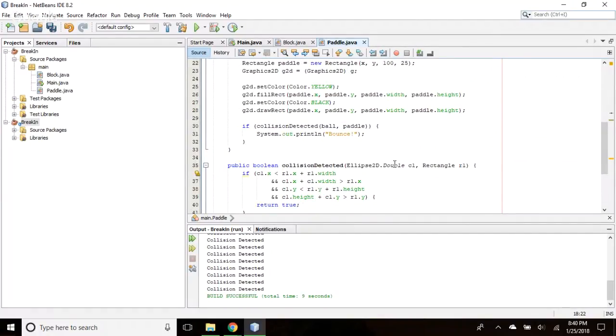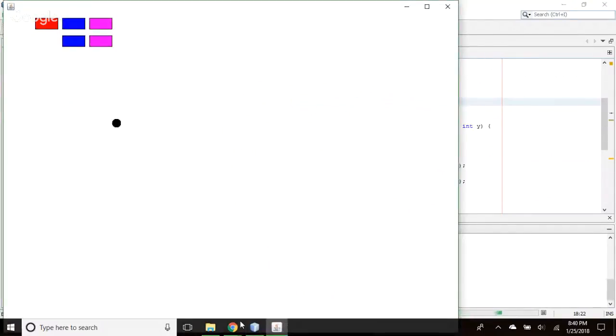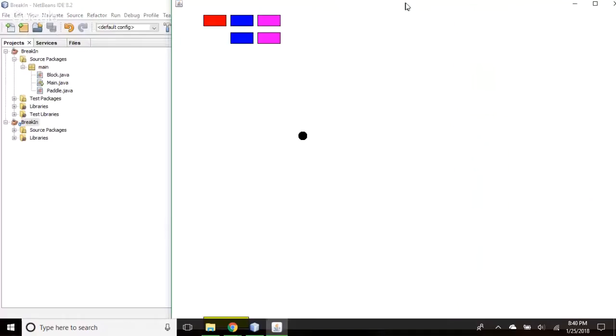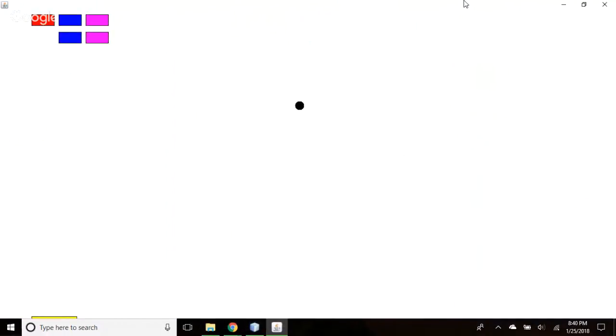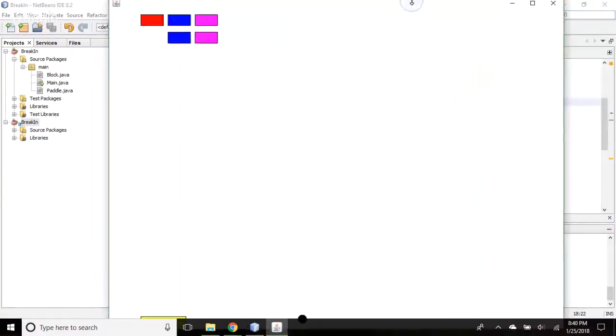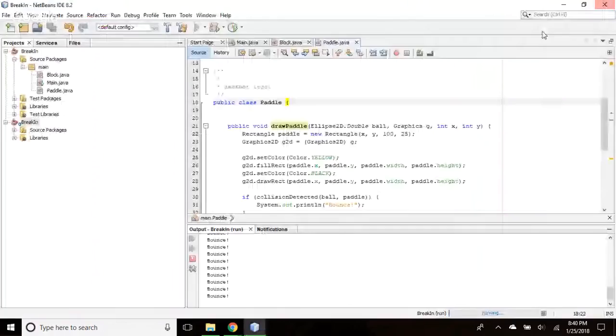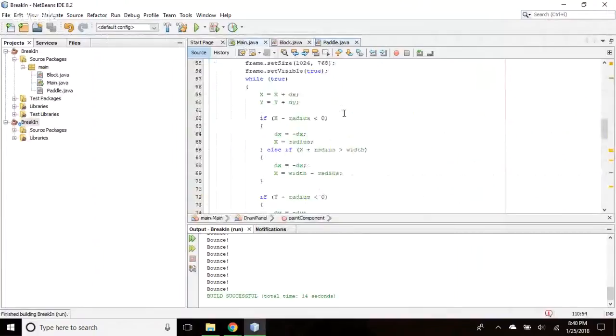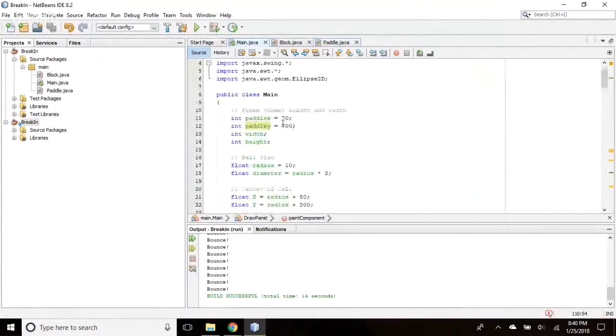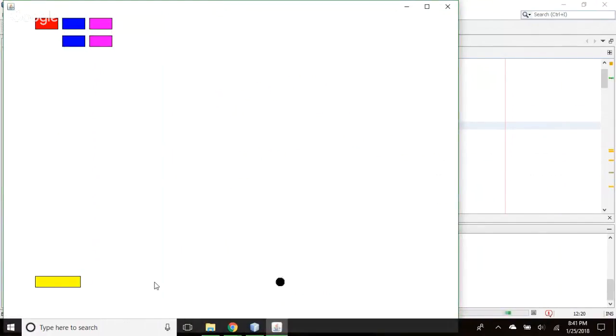Okay, let's run this and let's see if we see the paddle. Why? It's not there. I don't see a paddle. Oh wait, I see it. It's just hiding. We've got an XY problem here. So let's go ahead and close that, and instead of 700, do 600. Remember, 0, 0 is the top left hand corner, and that's kind of a graphics thing. Okay, and hey, it's a paddle that does nothing.